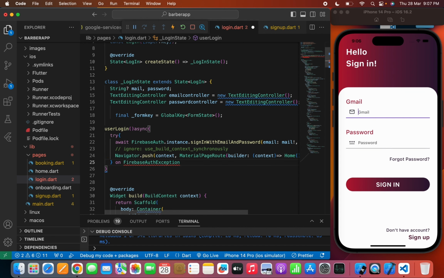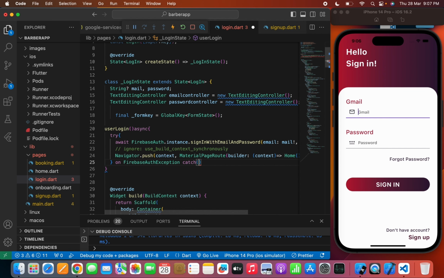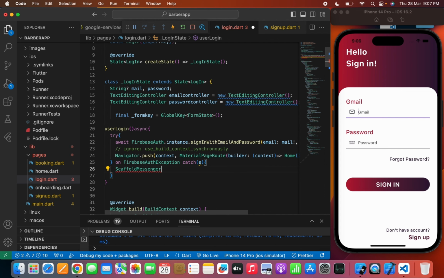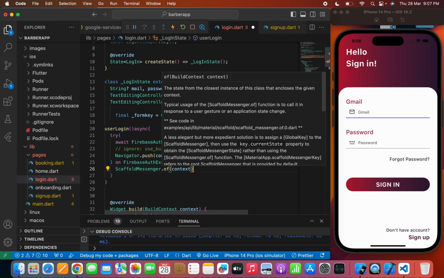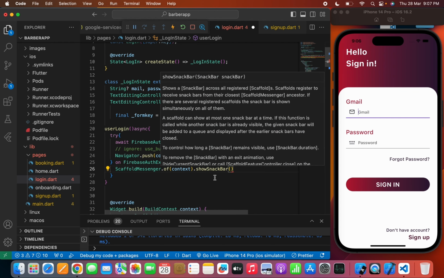So I will write FirebaseAuthException, and here I will write catch so that we can catch the respective error. So I will write ScaffoldMessenger dot of context dot show SnackBar. Basically, as I've explained to you, snack bar is something